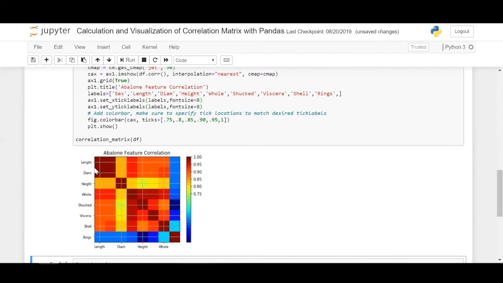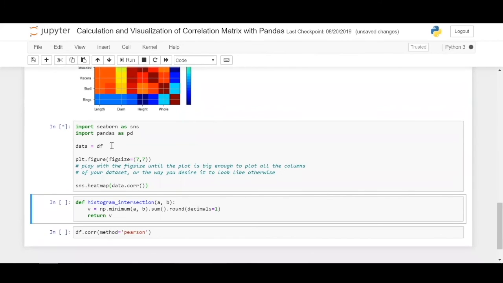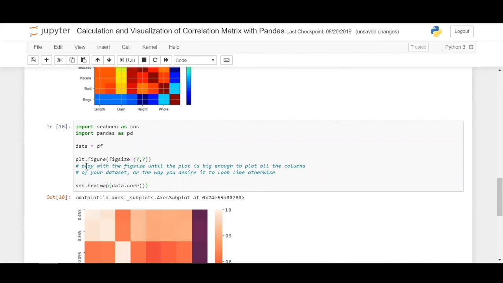You notice the length and diameter are highly correlated. What do you call high correlation between two columns? Length and diameter exhibit multicollinearity. Our inference from this figure is that length and diameter exhibit high collinearity with respect to each other and are multicollinear.